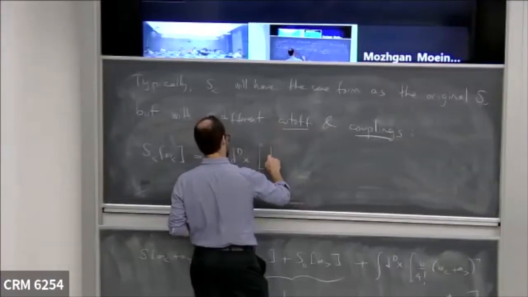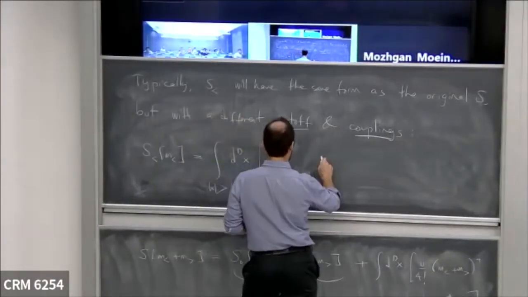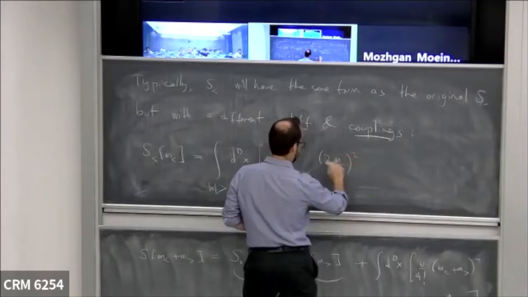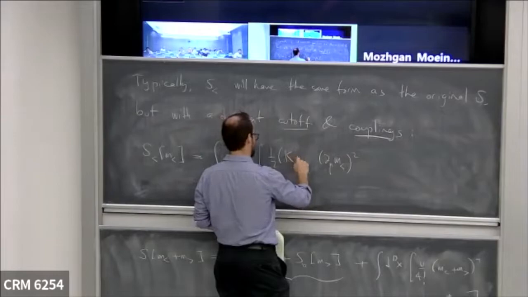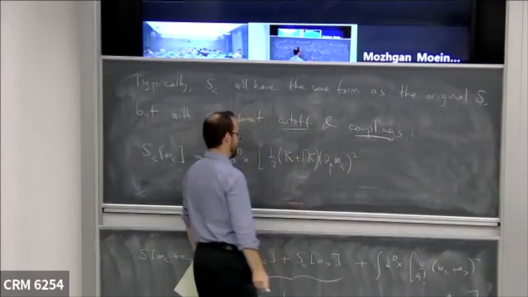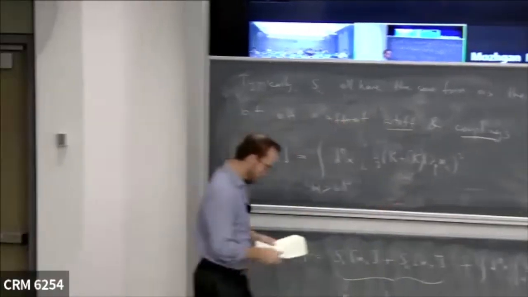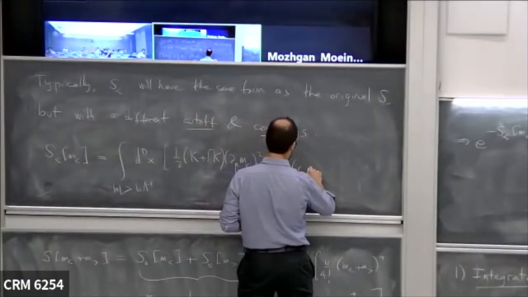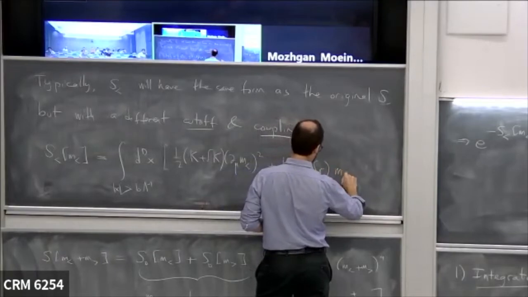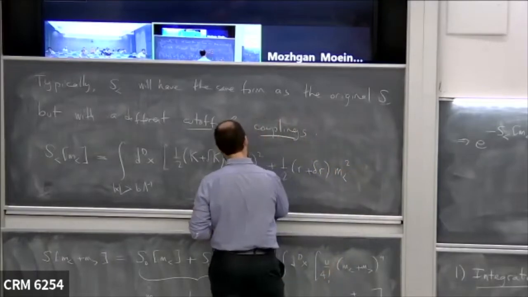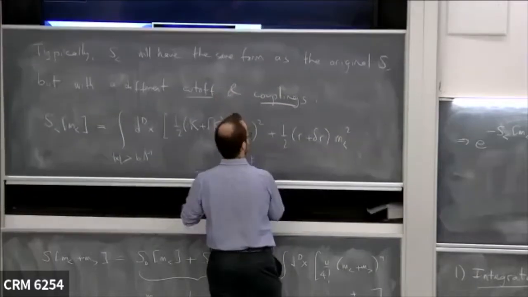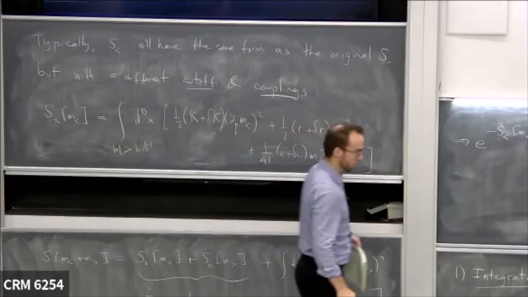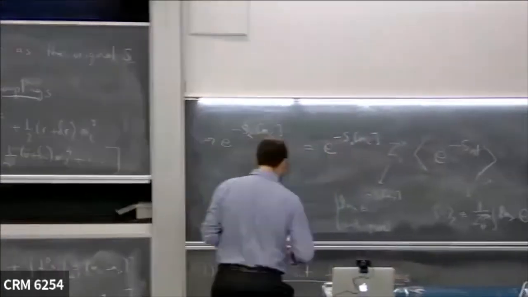And then we'll get, for example, a kinetic term for these slow fields, but with a coupling that has changed by an amount delta k. Likewise for other terms, for example this quadratic piece, the mass term, and the interaction term. And all these corrections,